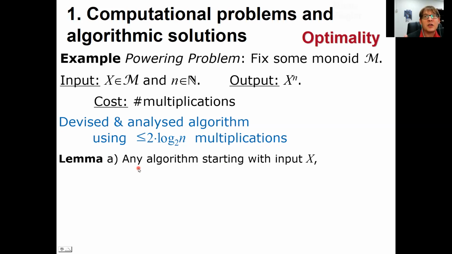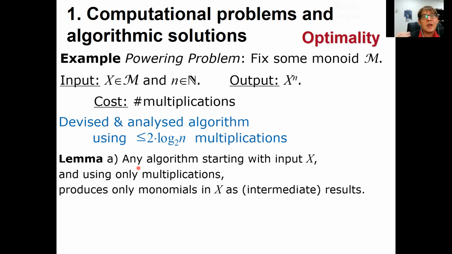Observe that any algorithm in our sense that starts with input x, which is a monomial of degree 1, right, and uses only multiplication, remember that's our condition as part of the problem specification, we're only allowed to use multiplications, nothing else,